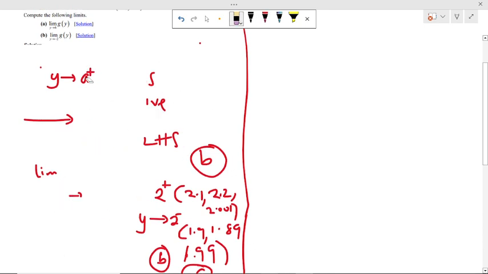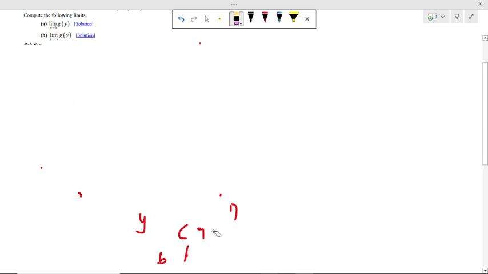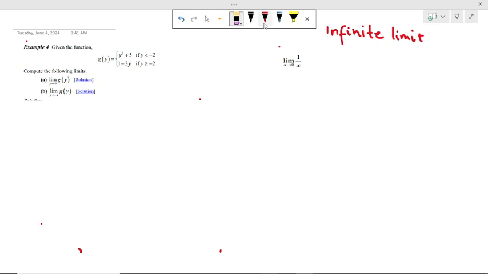Now let's move on to our real concepts. Say we are asked to find the limit of g of y. So g of y is a piecewise function. Now let me explain the concept of a piecewise function. A piecewise function is normally made up of conditions and a function. Conditions and a function. This means that when the value of y that is given is less than -2,